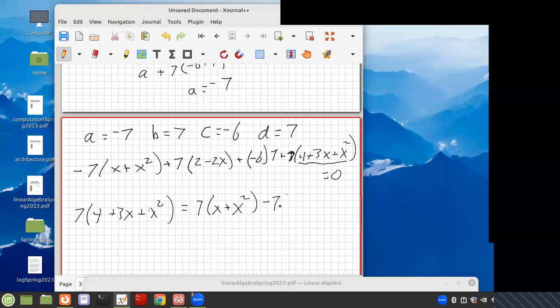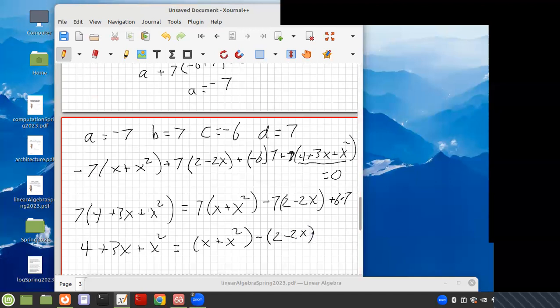It's going to be minus 7 times 2 minus 2x. And I have to add this plus 6 times 7, right? So that means if I divide by 7, I have 4 plus 3x plus x squared equals x plus x squared, because the 7's cancel, minus 2 minus 2x,